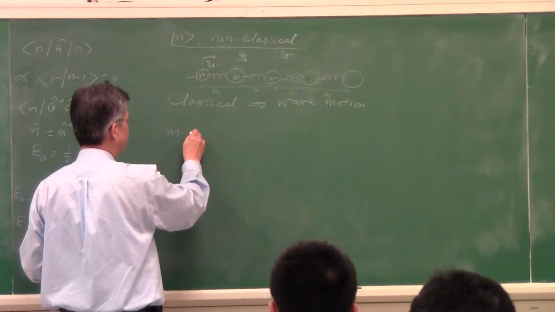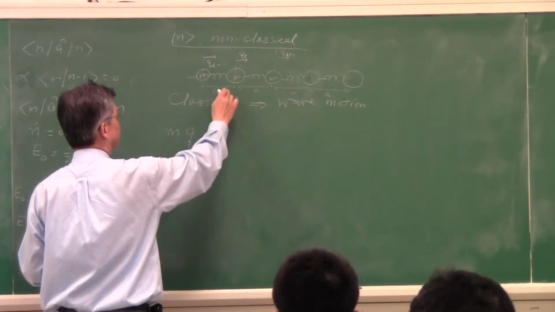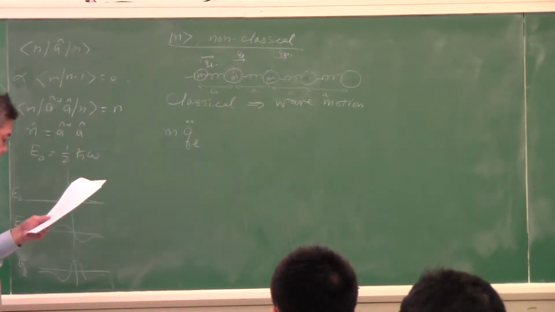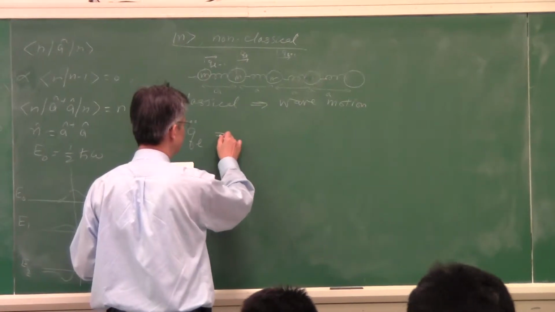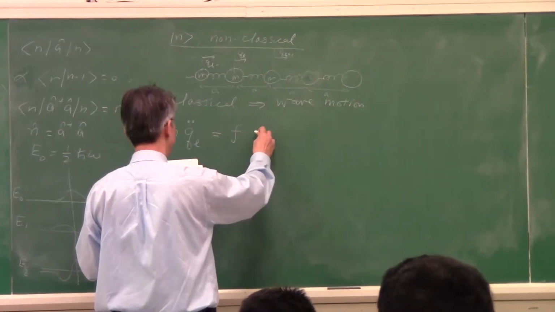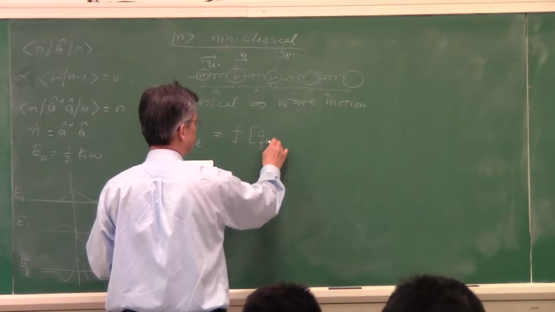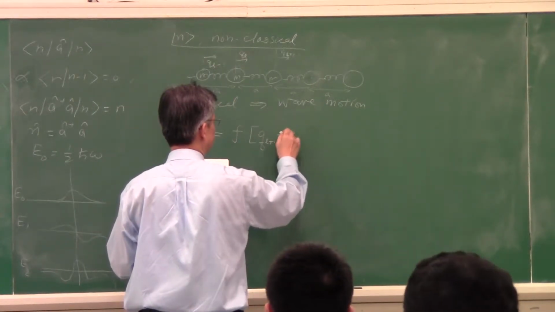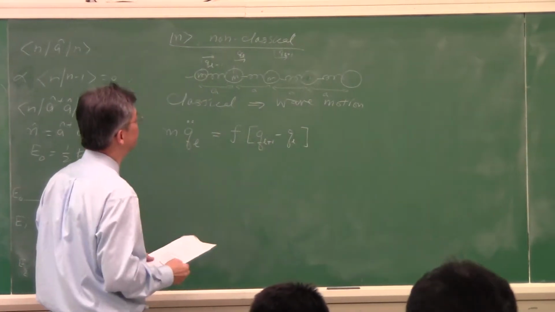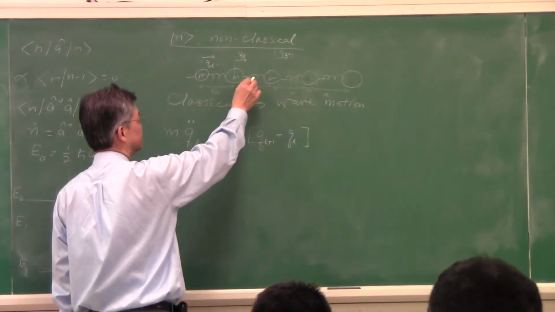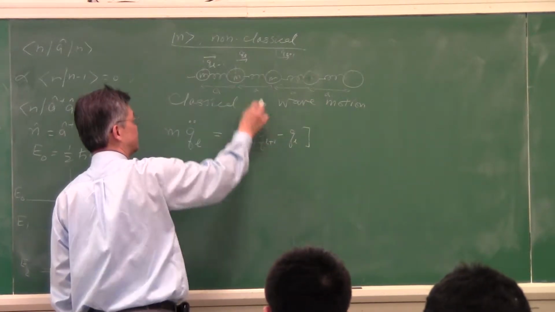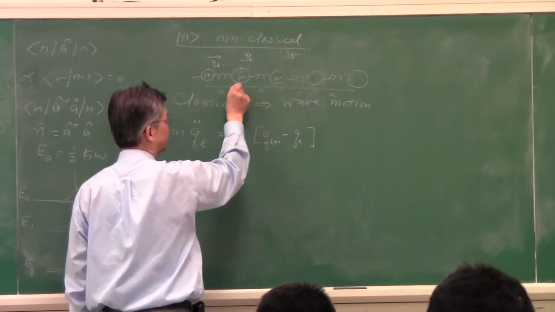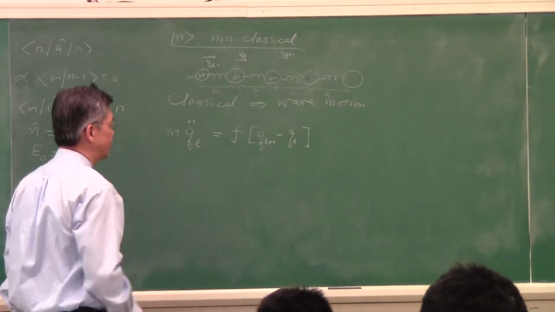For instance, for the particle of mass m at position l, mass times acceleration must be equal to the force. The force can be derived from Hooke's law. It is proportional to the displacement from the mean of the two forces acting on the particle. If this one has a displacement of q_l, it will have a negative force, but if this one has a displacement of q_{l+1}, it has a positive force on this particle m, and then